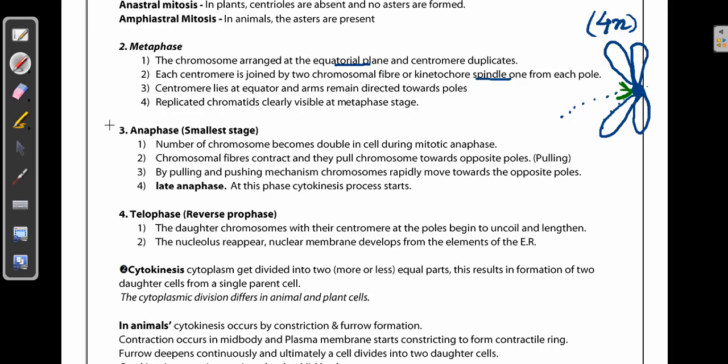And next, thirdly, is anaphase. Next we have seen that the centromeres have been pulled or attached by the spindle fibers. The next step, what happens is, as I told you, whenever there is 4n, it is supposed to be divided equally. That means one part of the cell has to get 2n, and the other part has to get 2n. For this, what happens is the centromere, exactly this region, is going to get duplicated, and it's going to be given to two parts of cells.